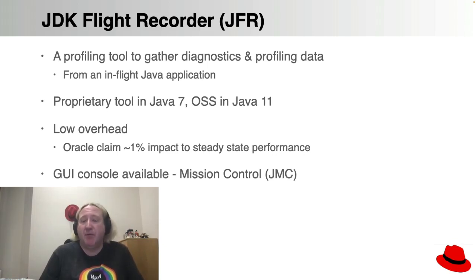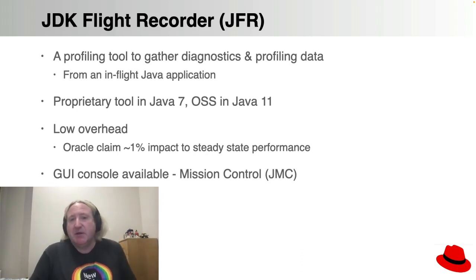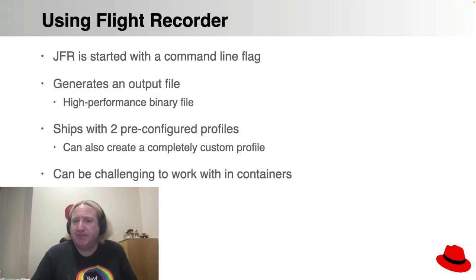So then you have the problem that if you're looking across an entire cluster, you need lots and lots of GUI windows open in order to see the different telemetry data from the different machines. That's not typically how we want to do things from an observability perspective. So at first sight, it doesn't look like JFR is that suitable. So I'll have to talk about how we get around that.